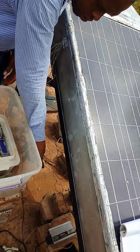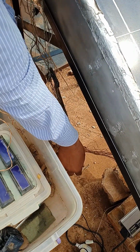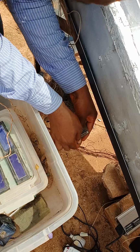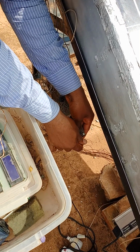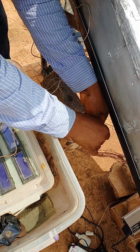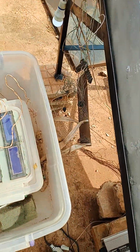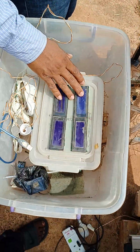For instance, we put it this way. You can socket it this way. You can see it has entered. So the temperature should be reading, though this LCD